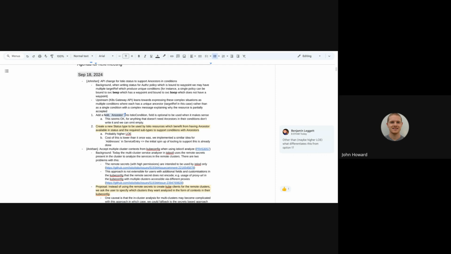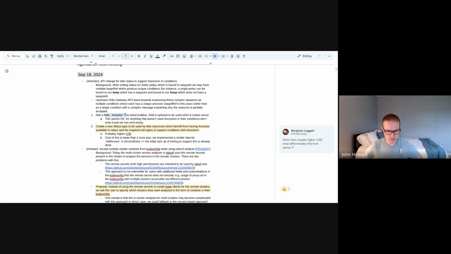I think Ian put this on, but wanted me to discuss it because he's not here. So I'm not the expert on this, but hopefully I can at least explain it and we can make some progress on it. So the basic idea is that we have been adding status to Istio objects to make it easier to debug things, especially with ambient. We want to make the newer stuff have nice status messages aligned with what Kubernetes and especially Gateway API are doing.